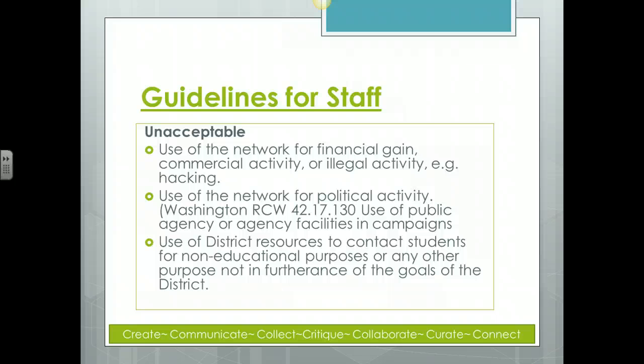So in this case, this helps us look at things like Facebook and email and things like that. All of those tools, again, I think the policy has been written in a way that gives us, it's more of a mindset than which tools you're using. So if a high school teacher has a Facebook page set up for their calculus class and they're using it in that way, then that's perfectly okay. If you're using district resources to contact students about anything that wouldn't be appropriate, then of course that's not okay.